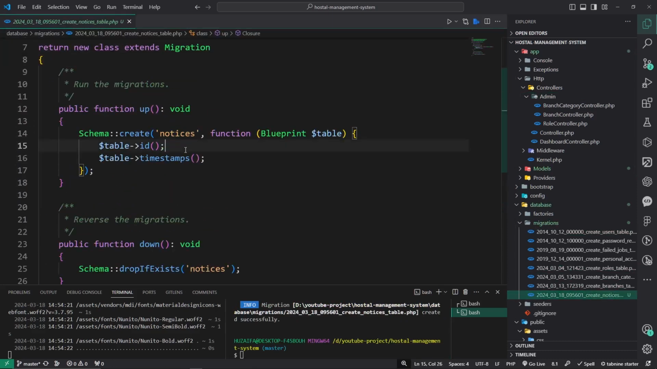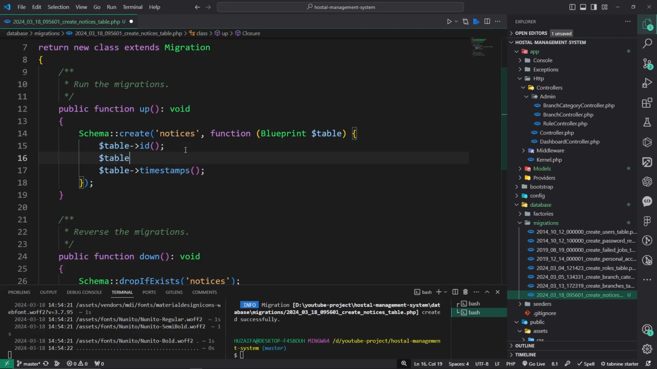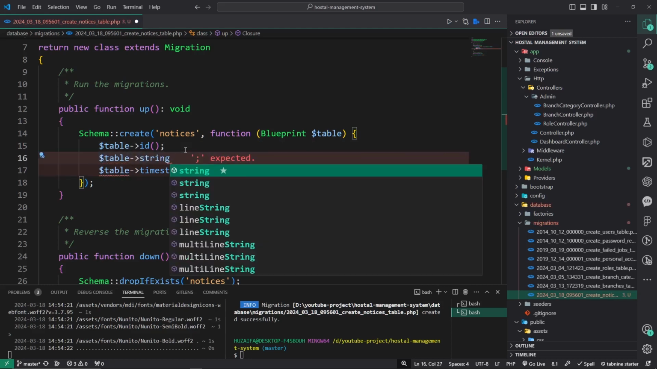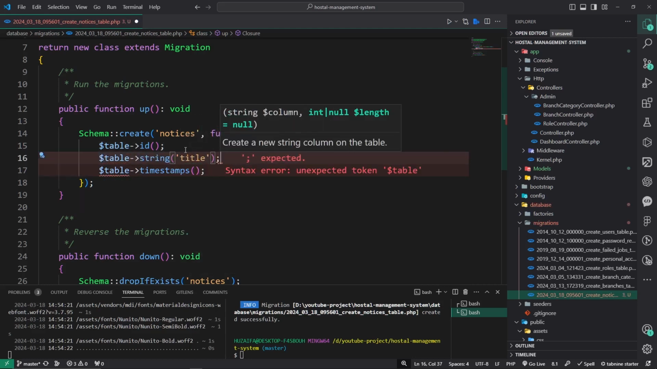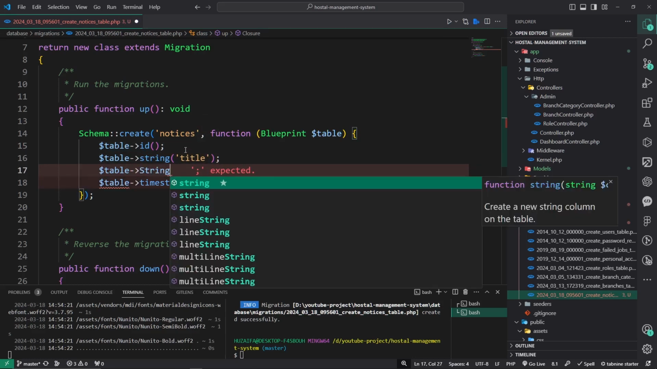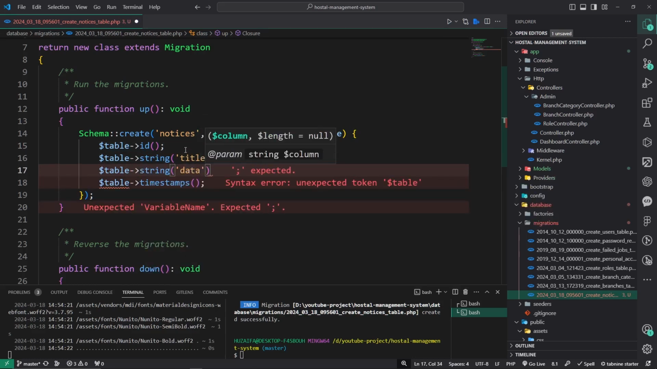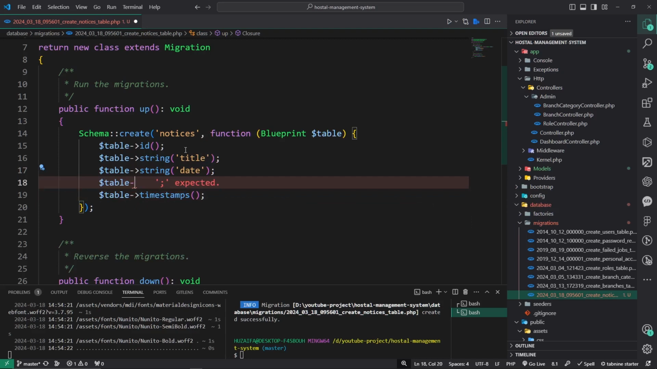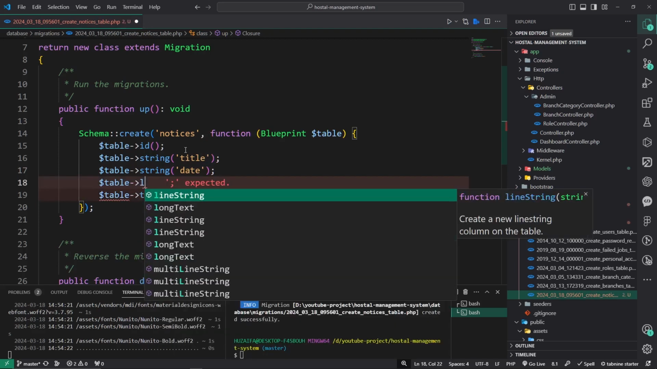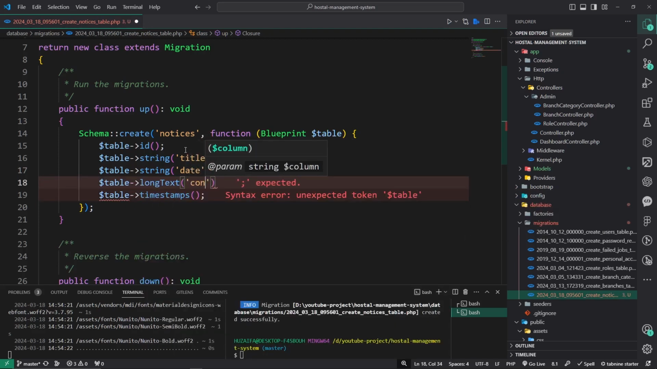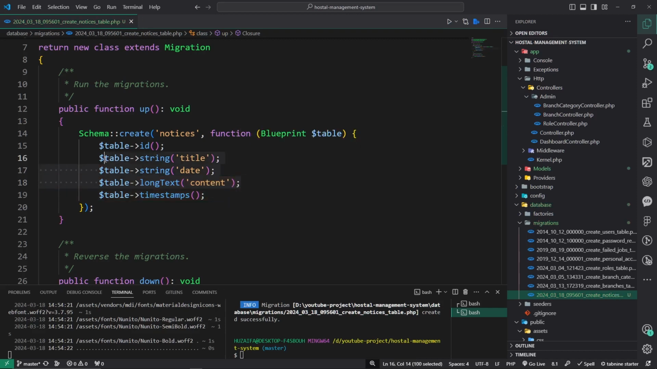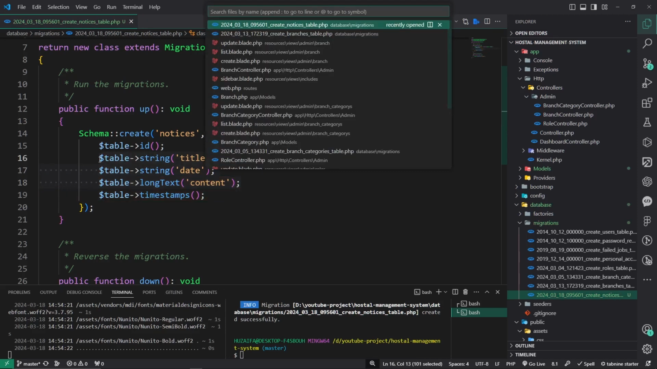Now the notice has three fields. The first one is string, title. The second one is string, date. And the third one is longText, content. This is the migration for the notice. So let's copy this and go to the